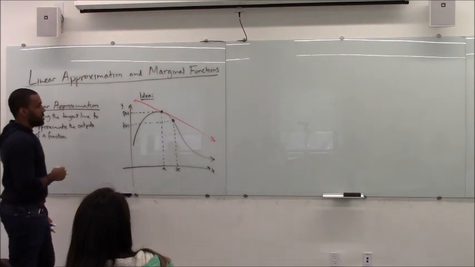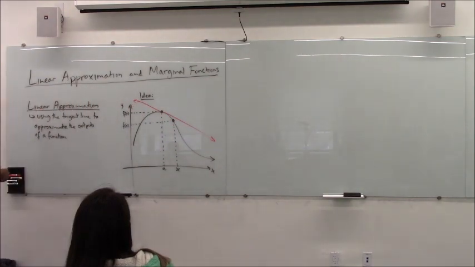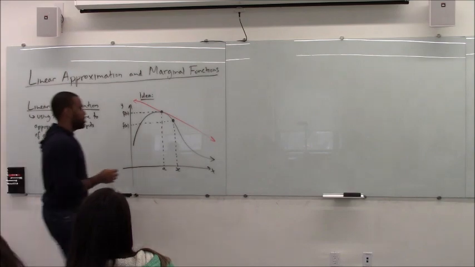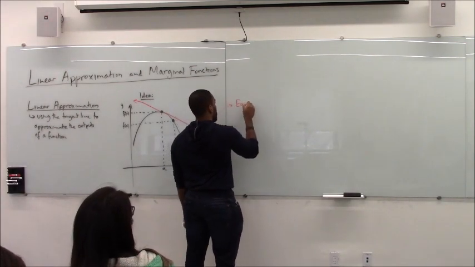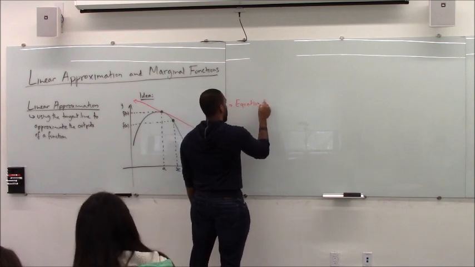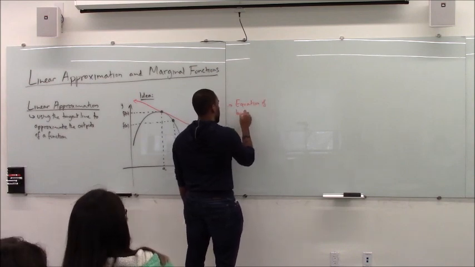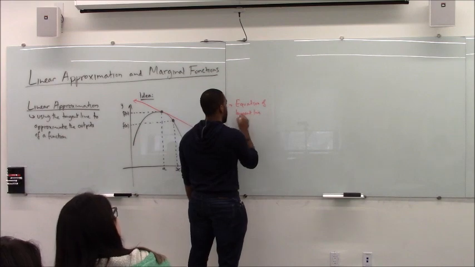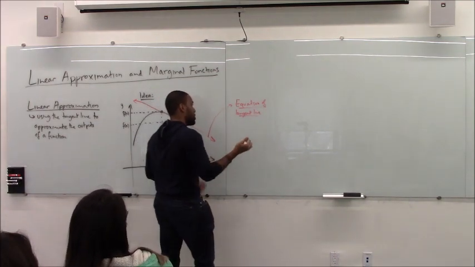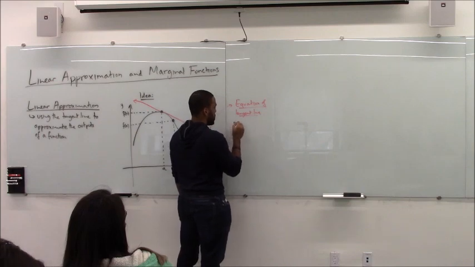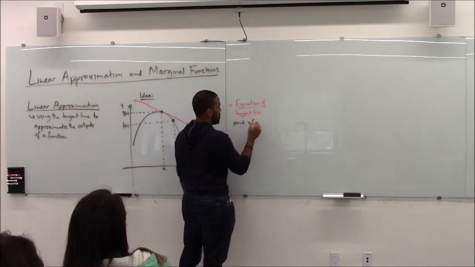Now the equation of that tangent line is going to be something that's actually well known, right? So recall how to find the equation of a tangent line. So if the point is